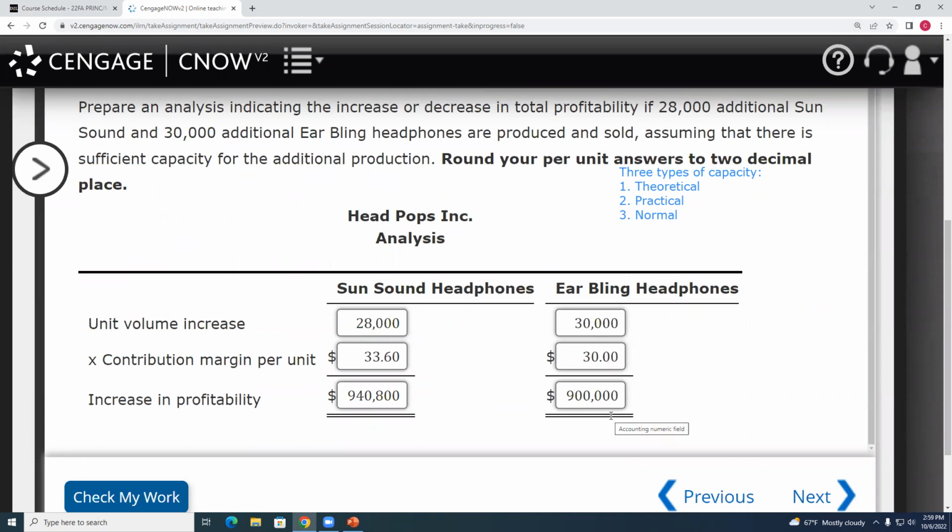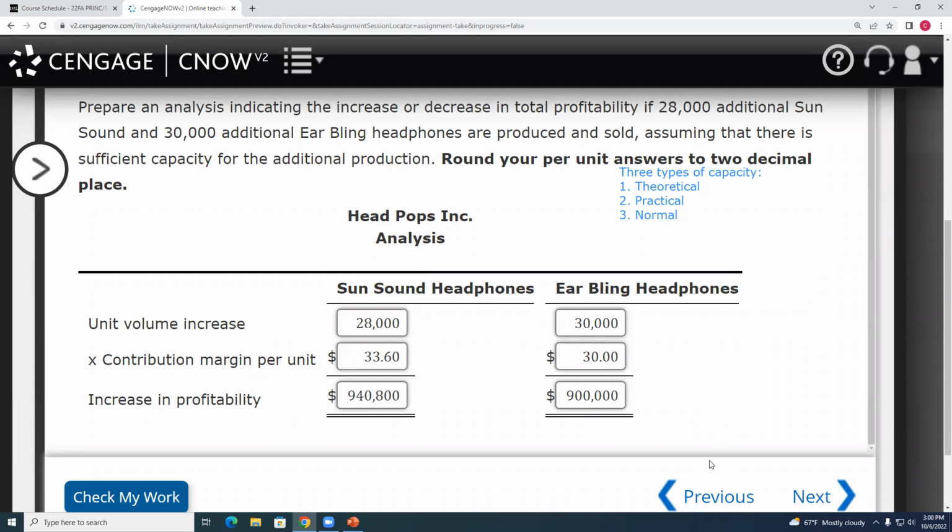So let me ask you this. If we did not have capacity to produce 28,000 more Sun Sound and 30,000 more Earbling, I'm going to tell you before I ask the question, we don't have enough data here to completely answer this question, but I just want you to think about it and we can speculate about how would we decide